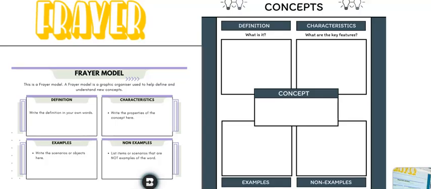So in your table group, you are going to discuss together. You are going to read each of the vocab definitions. As a group, you are going to decide what are the 5 words that best help me to understand what this means. Now, I have 3 hints for you. The first hint,